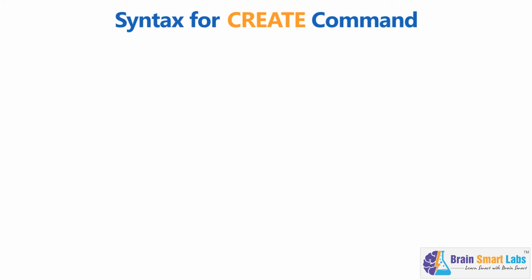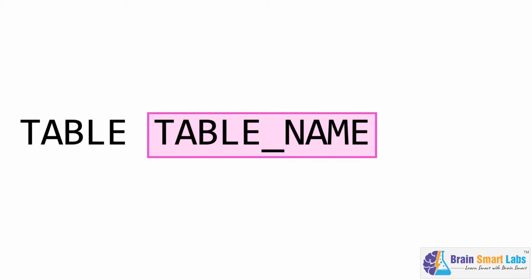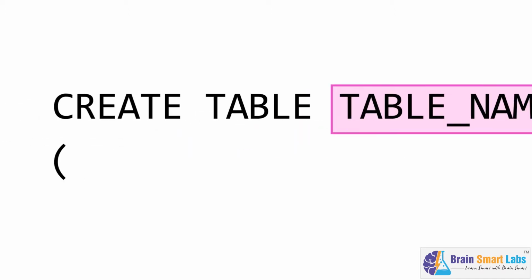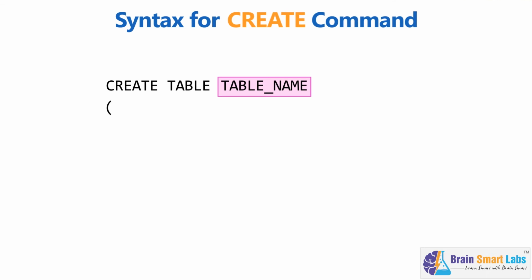In our create command, we have to type create space table and then mention the table name to its right. The table name we give here can be anything, but for our previous example, we named the table chitchat corner. In the next line, make sure we open a small parenthesis to the left, and inside this we start typing